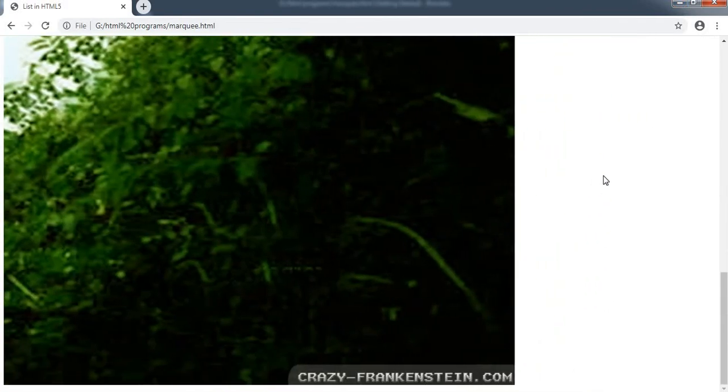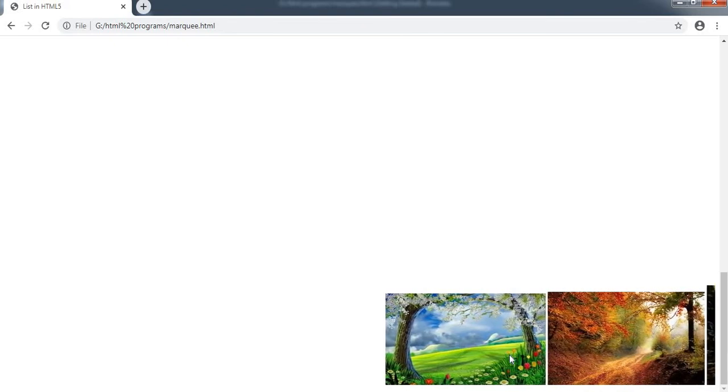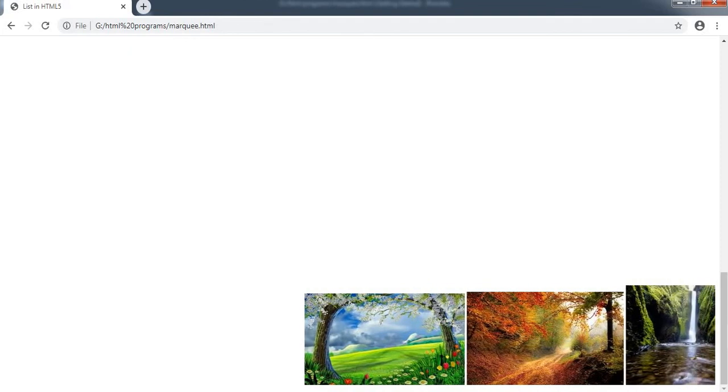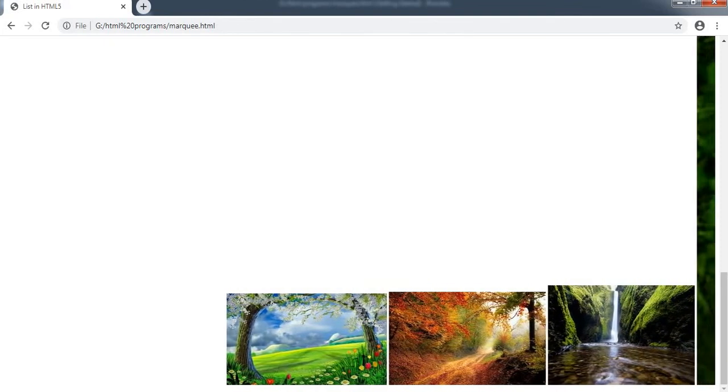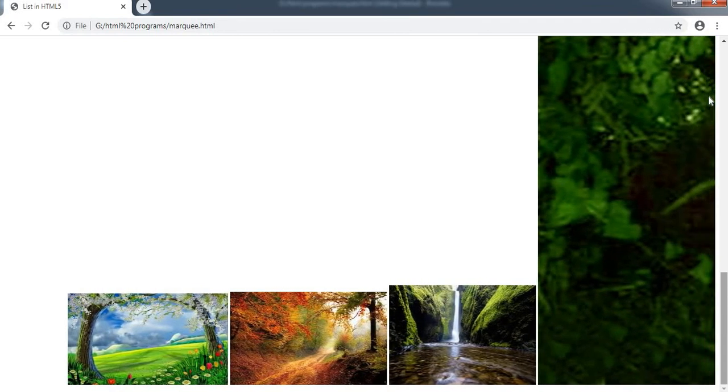See, here are the images actually. The last one is the bigger one, and the starting ones are the small ones. These are the small size images, but the last one is the biggest one. So it's a good practice to set the width and height of the image tag.